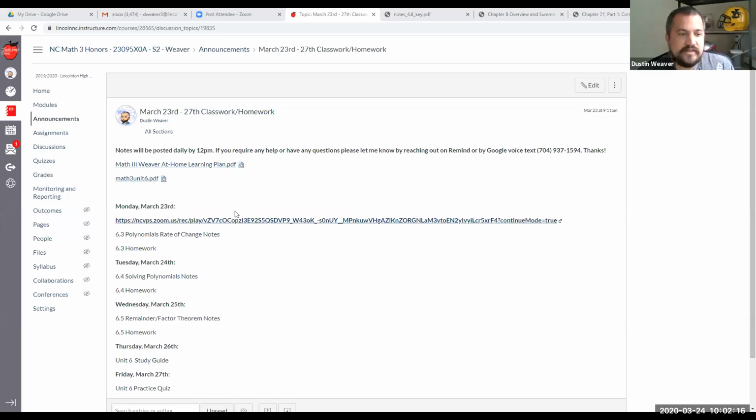So first thing I'm going to do is share my screen with you. If you look at this, this is the Canvas weekly schedule. In order to take attendance, and that's coming up soon. If you didn't know, yesterday you saw the governor passed his executive order, which is going to keep us out until at least May 18th, which takes us to the last week or so of school.